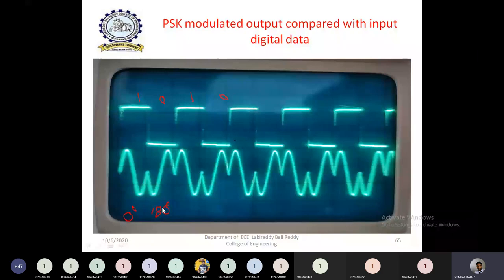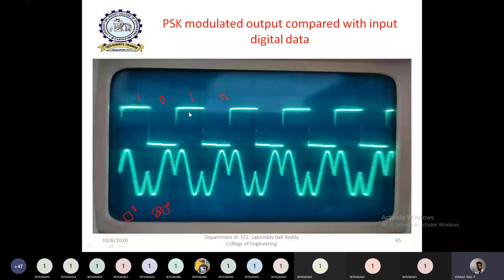If it is cos 2 pi fct, then cos 2 pi fct plus pi is nothing but minus cos 2 pi fct. That means exactly the reverse of this waveform, or the negative of this waveform, will be displayed. If it is a positive pulse, here will be a negative pulse. If it is a negative pulse, positive. So completely it is reversed. So that means a negative carrier is obtained, or I can say a carrier with 180 degree phase shift is obtained.